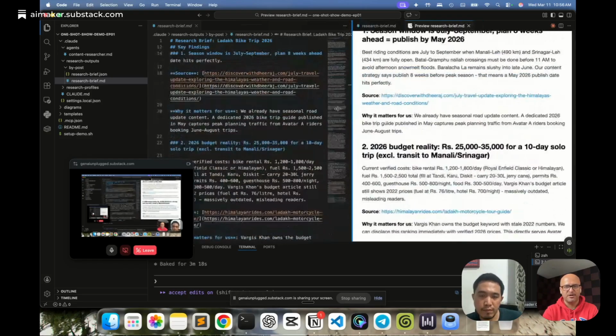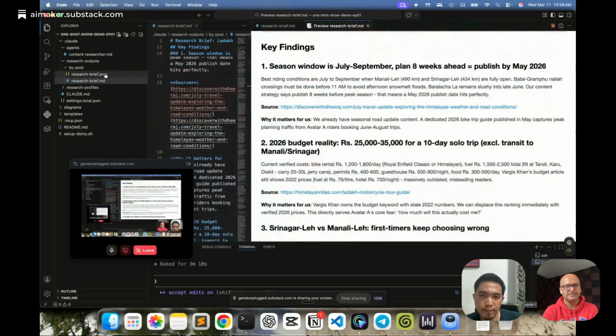So that's basically your research output that you have received. It has a JSON as well, and in fact, one of my subscribers, Kim, went ahead and created a visual out of it as well. She fed the JSON, all the content researcher outputs, all the 5 agents' output, and she created a visual graph out of it. So basically, you can ask Claude to further build on top of this, starting up a directory, so that you can build some sort of visualization if you are more of a visual person.